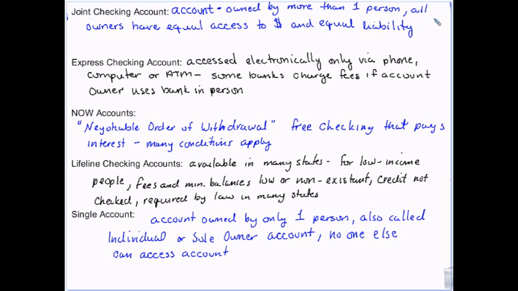Usually if you have one of these accounts and it's your free account, if you actually go in and talk to a person in the bank, you get charged for that. If you call on the phone and talk to a person and not the automated system, you get charged for it. But that's how they get around charging the maintenance fees, is by basically not paying any man hours for you to have the account. You do everything through the computer.